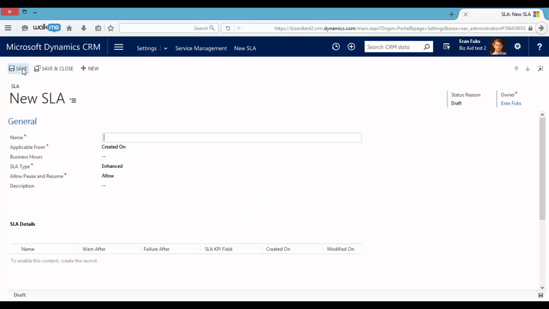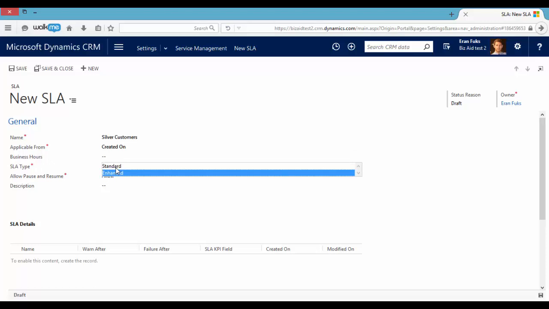So let's give this SLA a name. It will be for silver customers, and it will be applicable from, usually we use, created on. It specifies the date and time from which the SLA item will be calculated. We can choose here the business hours and the SLA type. We have two types of SLA, a standard and enhanced. The enhanced SLA allows to push and resume. So in the first example, we will use the standard, and we do not allow push and resume. So let's save it,